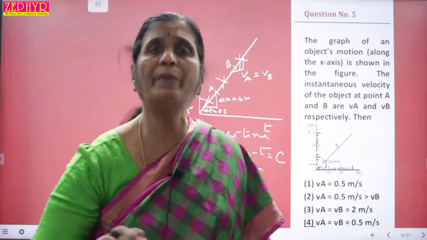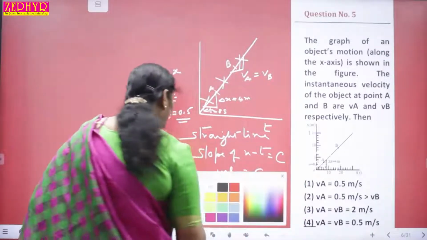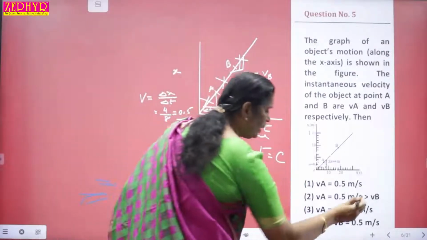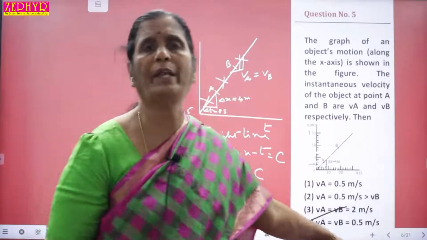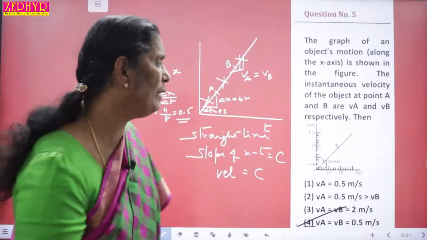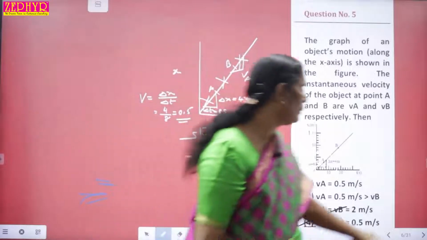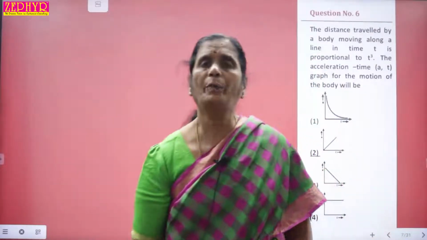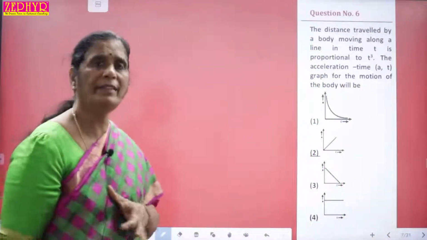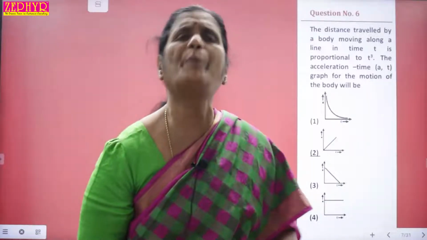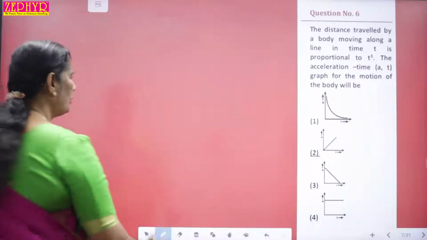So VA and VB are equal, and each is equal to 0.5. That's all. VA and VB are equal, each is equal to 0.5, because since it is a straight line, slope will be one and the same. So instantaneous velocity will be one and the same at every point. Next question will be,